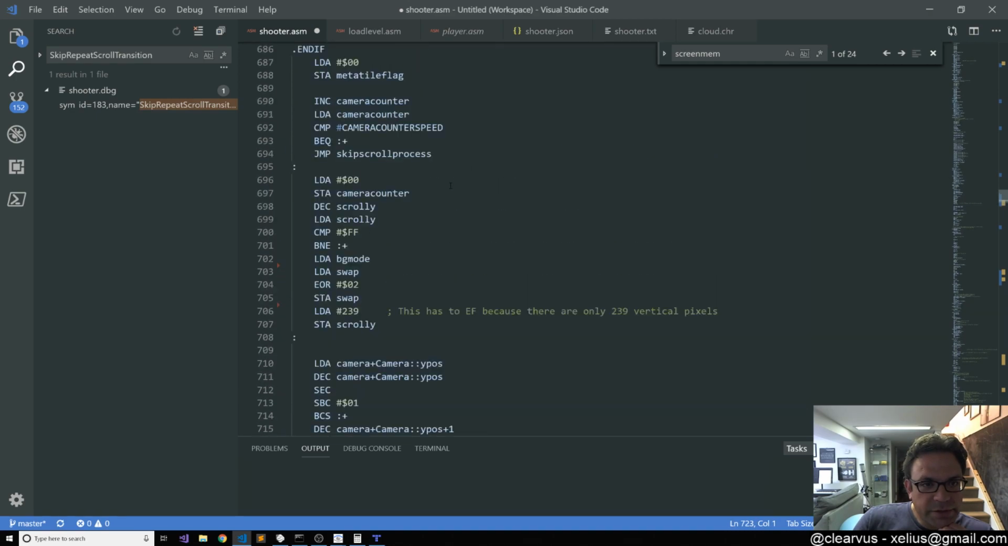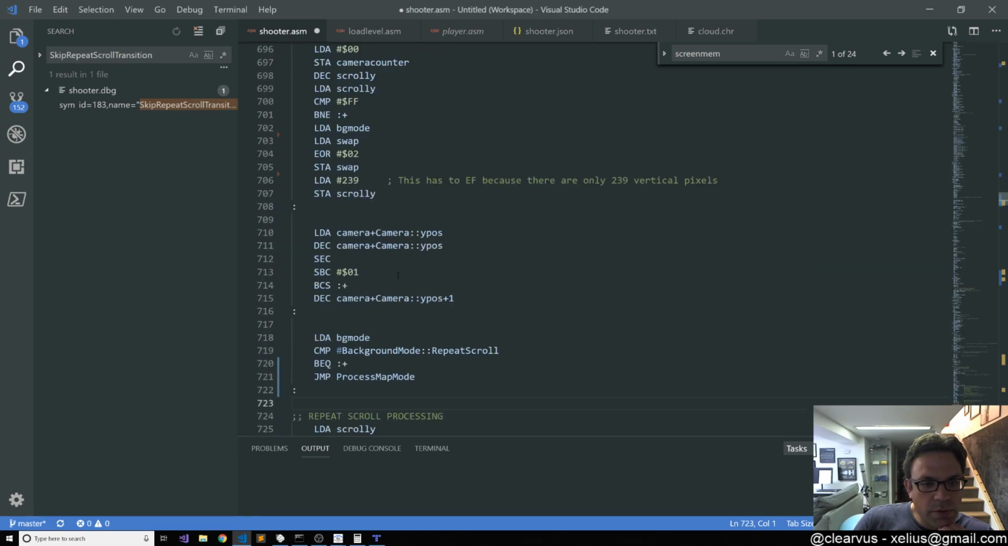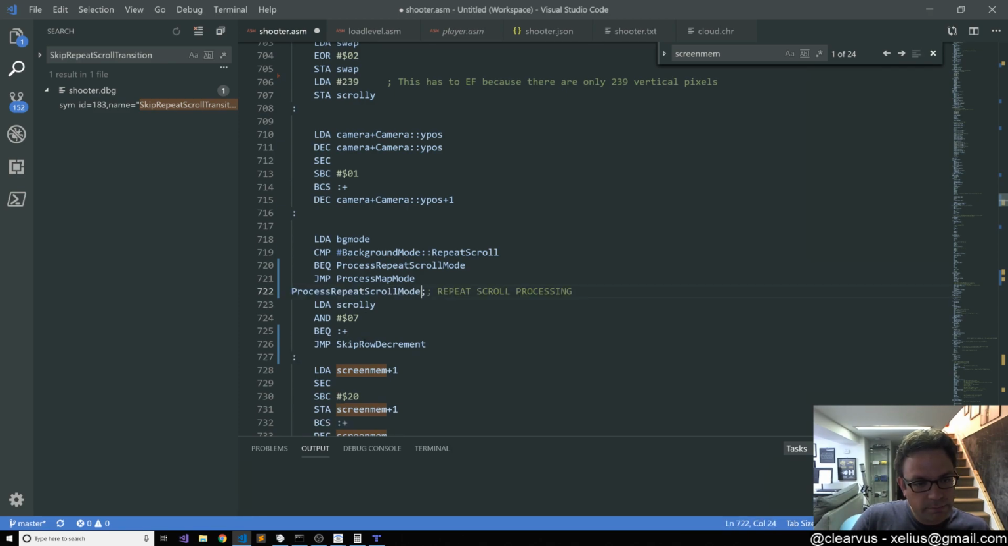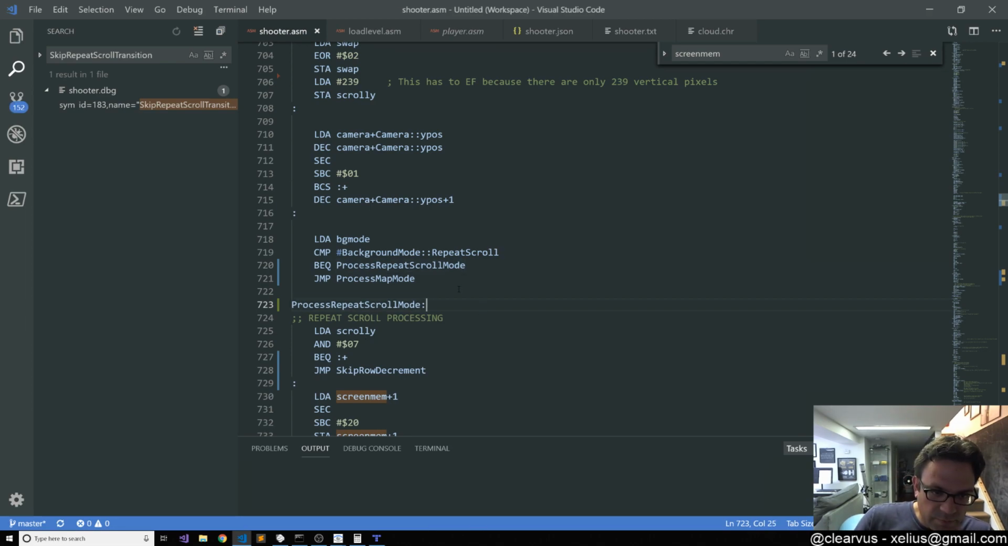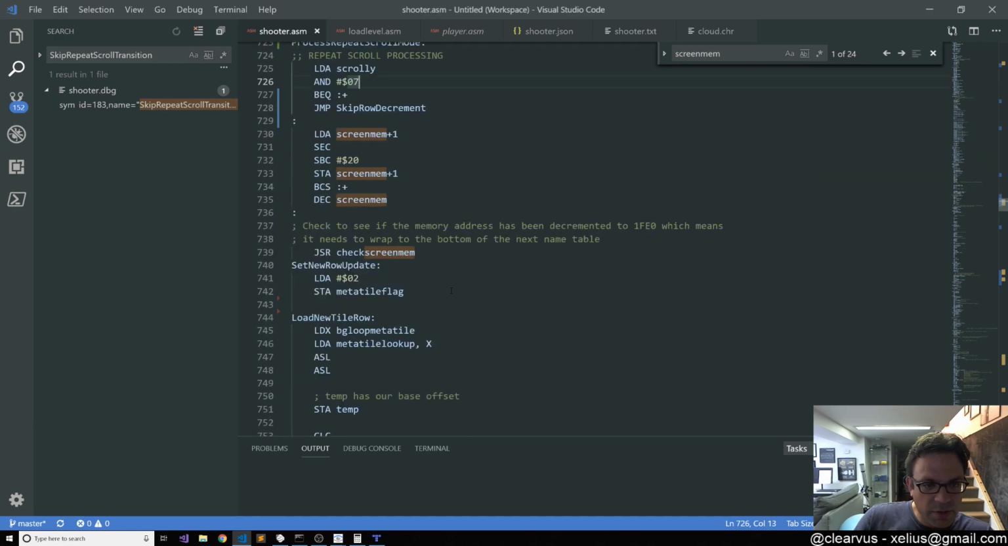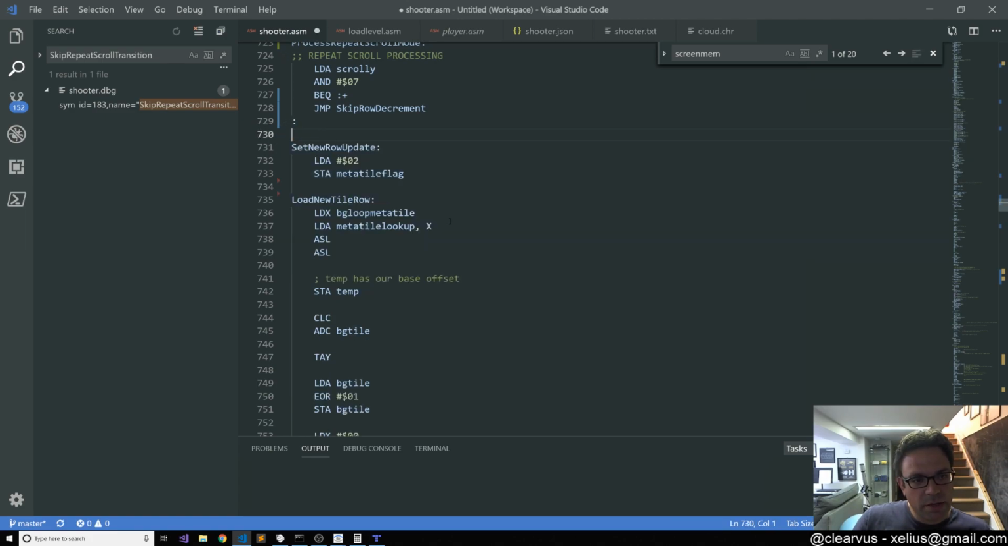Let's take a look at this here. So we look at the map mode and compare to repeat scroll, branch if equal to there. I'm going to just change this to be an actual label. So process repeat scroll mode. And I just want that so that it's kind of more clear. I know I've got the comment there, but I think that's going to be just sort of more clear. So the first thing we do is we process the memory, and then we do these updates. So let's change this, because